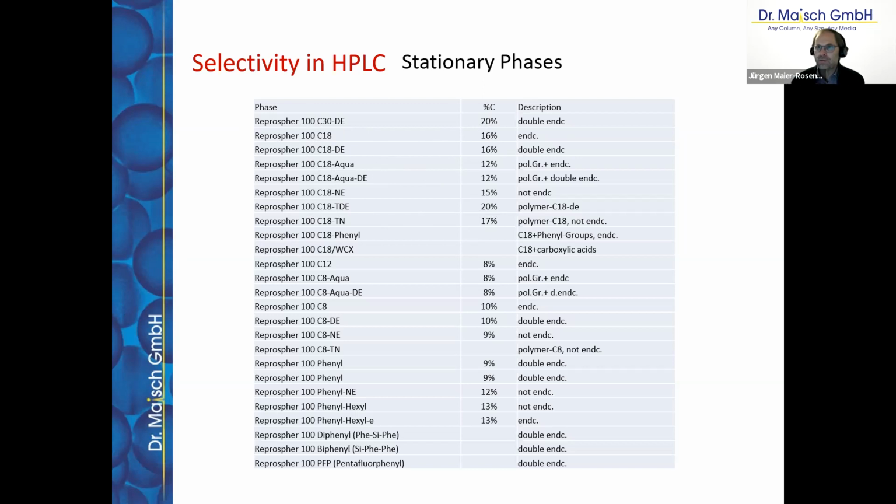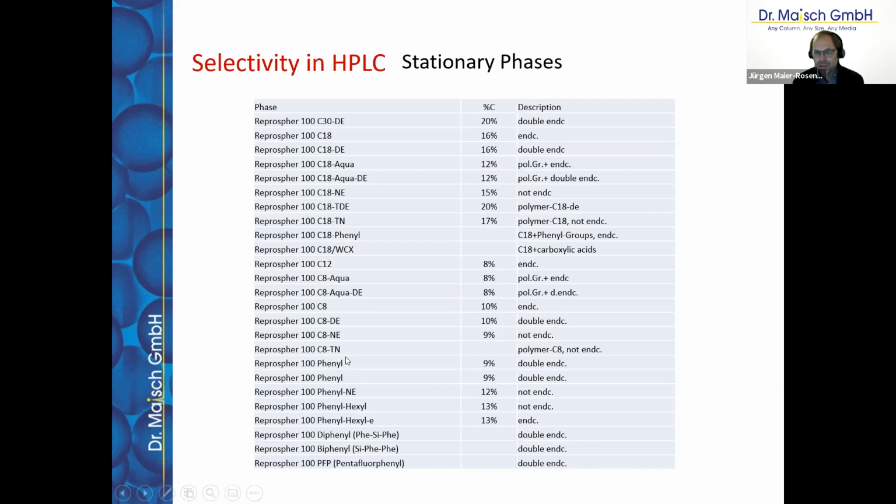If we are going to a lower amount of carbon load, like here for the C18 Aqua, it's 12%. It's obvious that we have here a stronger polar character, and this phase, of course, offers quite a bit more polar interactions than all the other ones. When we are going down, we have, beside the C18 phases, the C8 phases, and then also